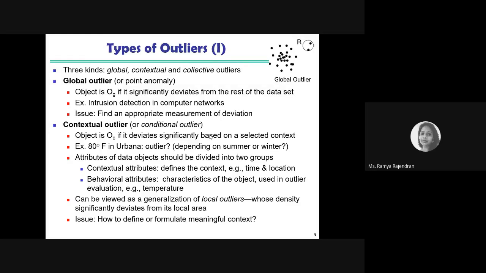For example, we can just take temperature. We always know the temperatures will be from 15 degrees to 40 degrees Celsius in India. But maybe we might have 0 degrees Celsius in the Himalayas during winter. So we can't just say that a recorded temperature of 0 degrees in the hill stations in winter is an outlier, because sometimes it happens. It might happen due to global warming. So based on the context, we have to look into that.